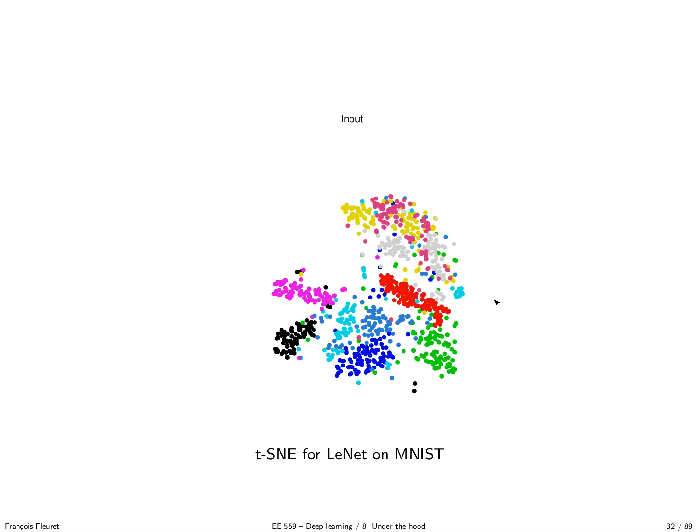So here, the color code corresponds to the MNIST dataset classes. So you have 10 colors corresponding to the 10 digits. And here, it's simply t-SNE applied to a bunch of samples taken at random in the original space. So here I took something like 5,000 points. And they are in the original space of dimension 784. And I just run t-SNE, project to 2D, and plot the points with the color code corresponding to the class.